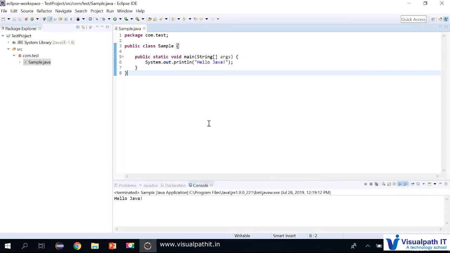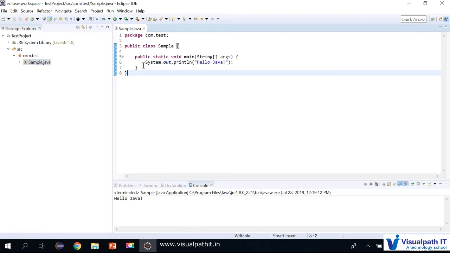So if you observe properly, there's one thing we are not doing. The thing is, we are not doing Java compilation here. Correct? And we are not able to see the .class file as well. There are two things missing here. One, we are not doing Java compilation, and the .class file is also not listed over here. So the reason is